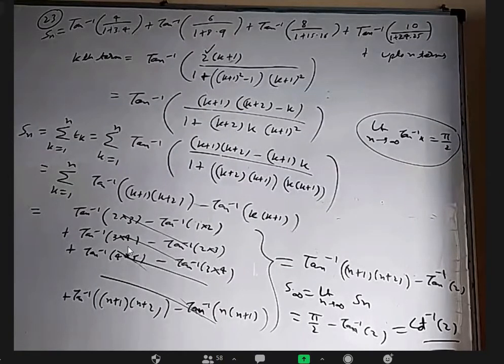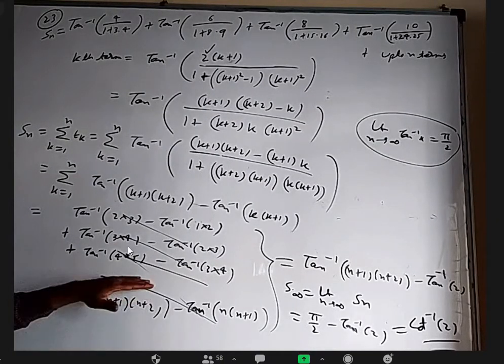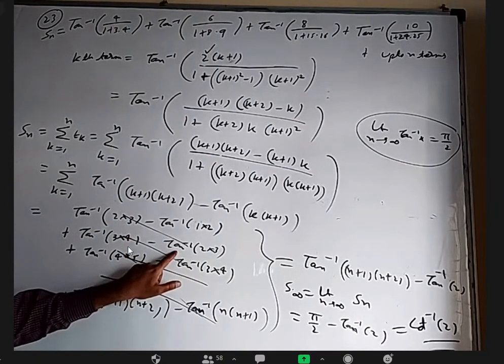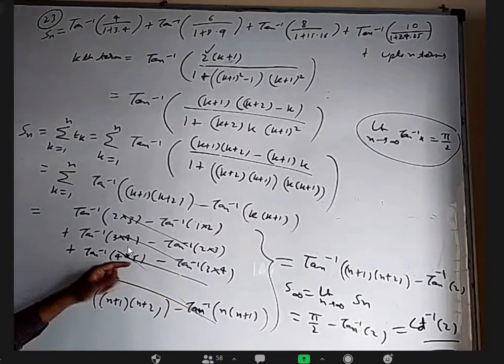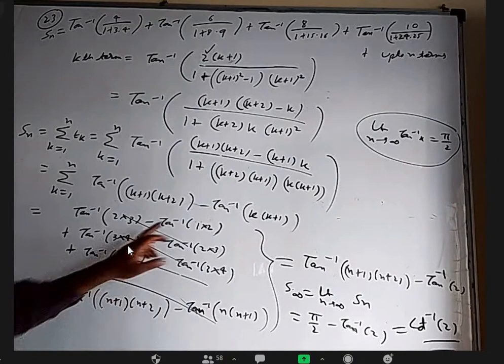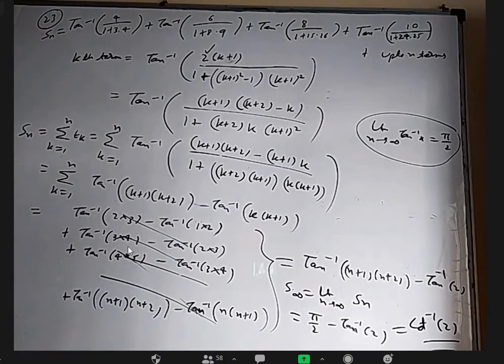Okay, those who completed can think about 25, what to do. Sir, on the left side down, how did you cancel here? After writing all these things, you can see these two are same, right? These two are same. If I would have written the next one, this and this will be same. It will be left with the first negative and the last first.